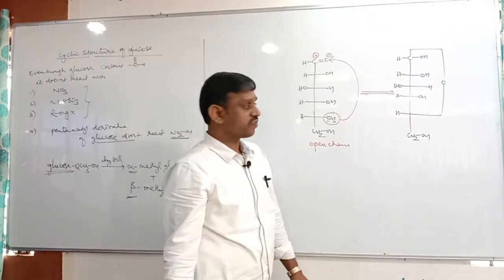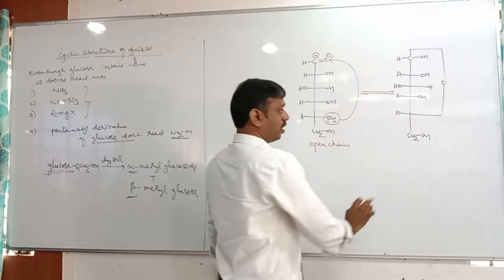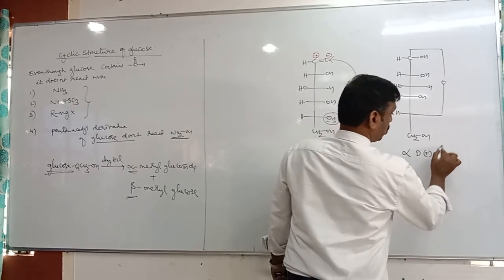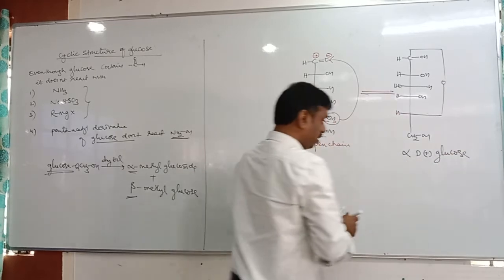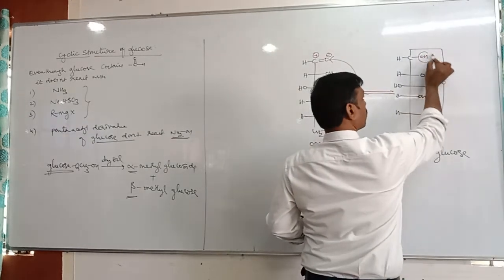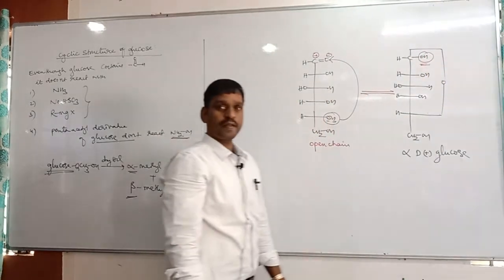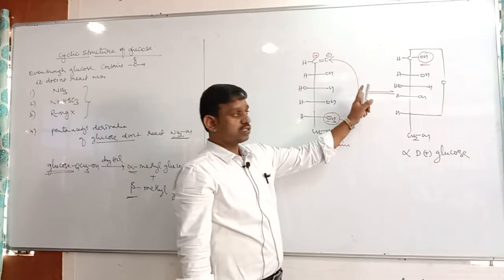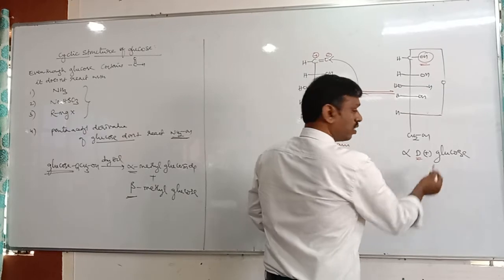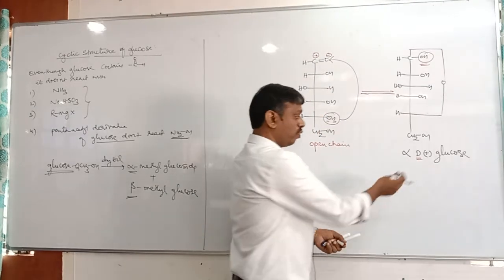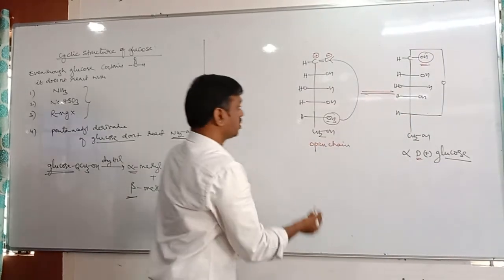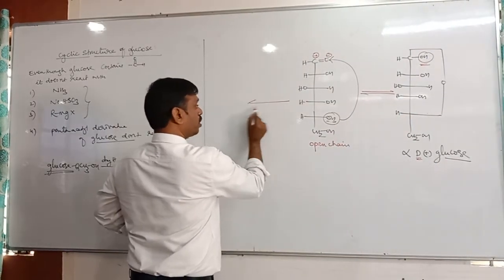Okay, therefore now this glucose is called alpha D plus glucose. Then tell me why this is alpha. It is alpha because the first carbon OH is on the right side. If the first carbon OH is on the right side, it is alpha. And why is it called D? D is a configuration. Why is this plus? Dextrorotatory glucose.